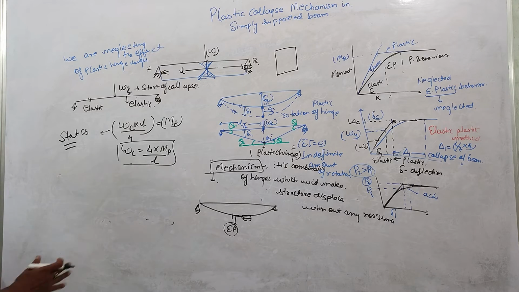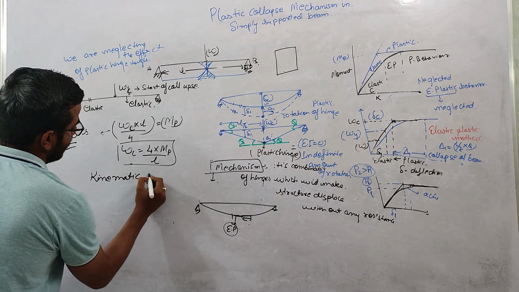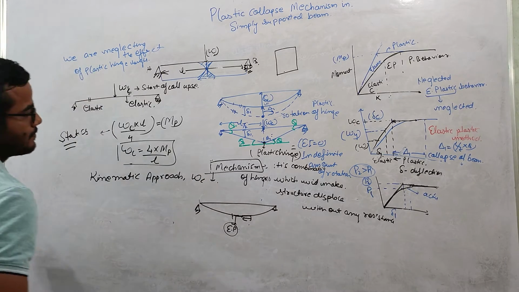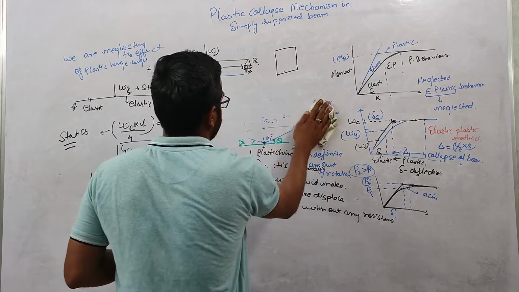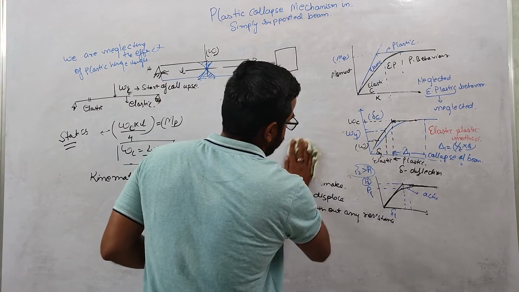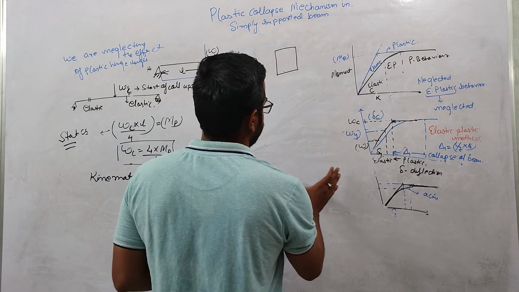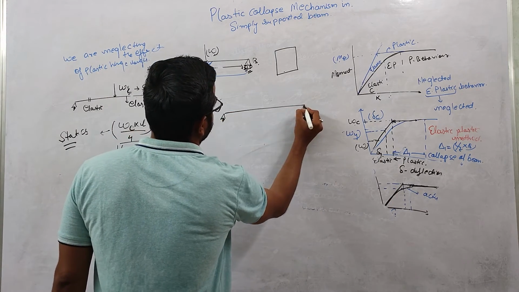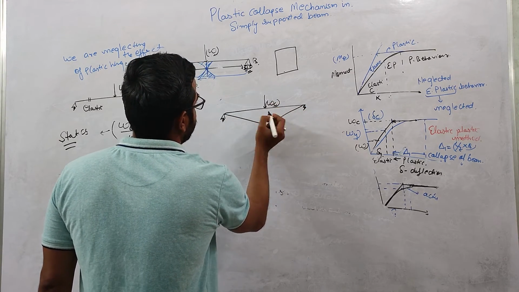And there is another one, the kinematic approach to calculate this Wc. Okay, so in that, these two curves are very important. Why we have made these assumptions, we can get through this curve, right? So now if this is the mechanism condition, after the application of Wc, this beam will deflect